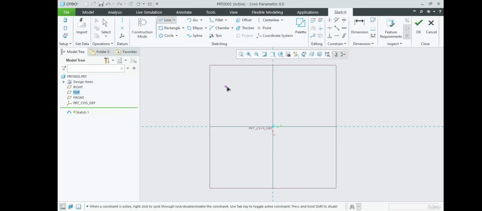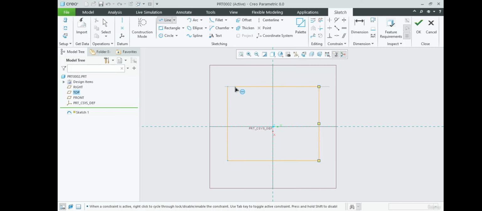So for doing that, I'll click somewhere here and I'll create a vertical line. Then I'll create a horizontal line. Now when I move here, you can see this end point we are able to track. When I click, you can see. So what I have done is, I have tracked this end point and I have created a vertical line which is coinciding with this point's